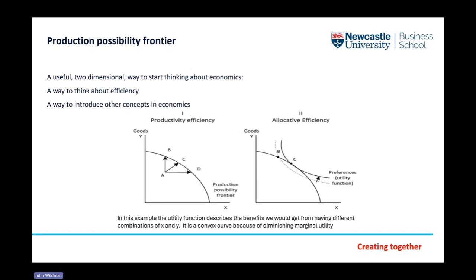If we think then about all possible combinations of resource use to produce mixes of guns and butter, we plot that concave line. Now it's concave because we've got marginal rates of transformation. How are the goods that are useful for producing guns switched across to producing butter, or vice versa? And therefore we also get diminishing returns. So some things, fertile land, are very, very good for producing butter. They're less good for producing guns.